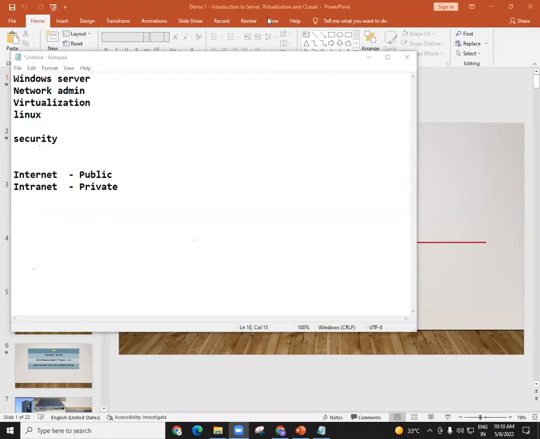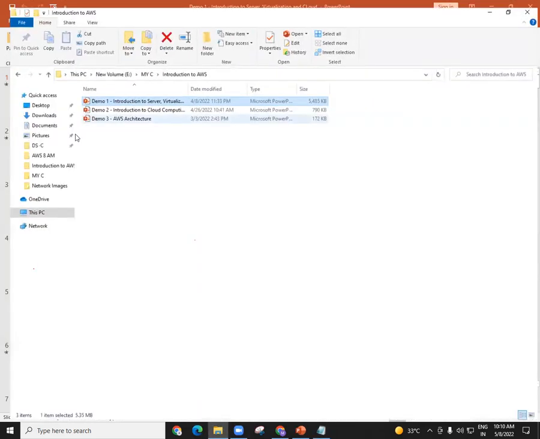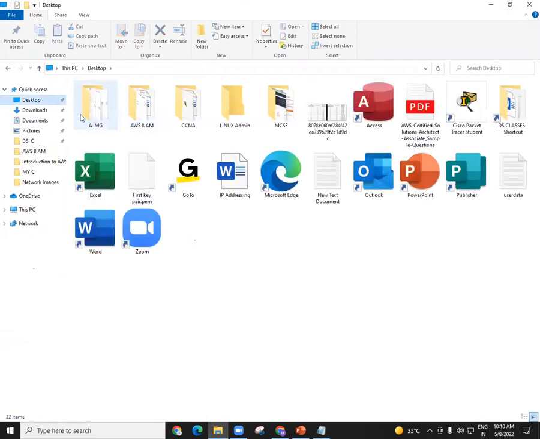Like I said, cloud computing is talking about computer networks. And what are computer networks? A computer network can be the internet, that is your public network, open for all, or it can be an intranet, that is only for your company. So let us see a small computer network, your intranet, that is there within your company.